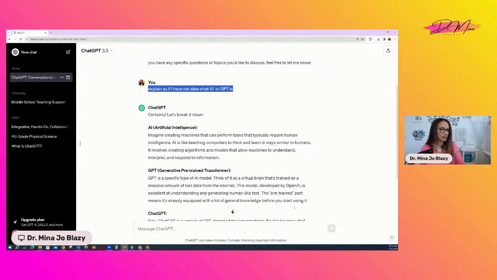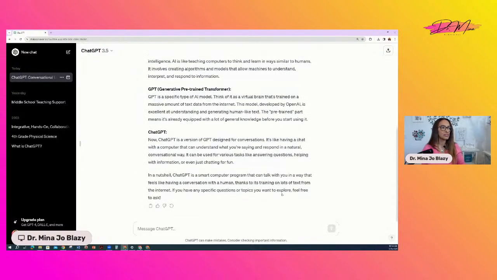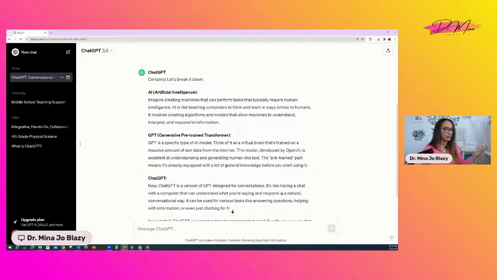If you see this, the circle and the box, the stop, it's still moving. So it's telling you, imagine creating a machine that can perform tasks that typically require human intelligence. AI is like teaching computers to think and learn in ways similar to humans. And I'm going to tell you what happens on the back end that people don't know when it says